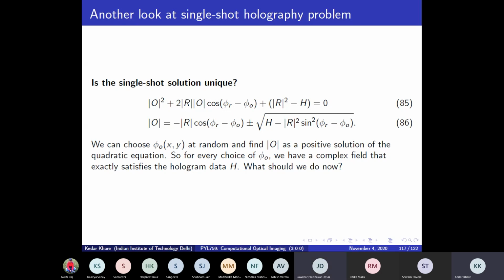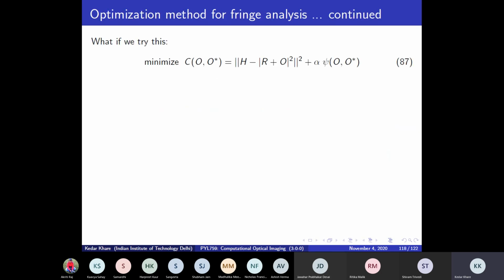TV optimization. Yeah, so it is like an optimization problem now, that you can say that, okay, I want a solution O which satisfies my interference model, but then O needs to have some other constraint as well, as a penalty. So the question is, what if we try something like this? I already gave you this, the first term of this cost function when we were trying to evaluate the complex derivatives. But what if I did this problem now?